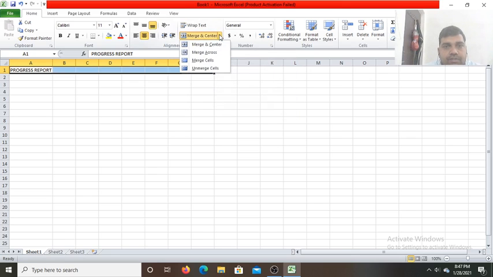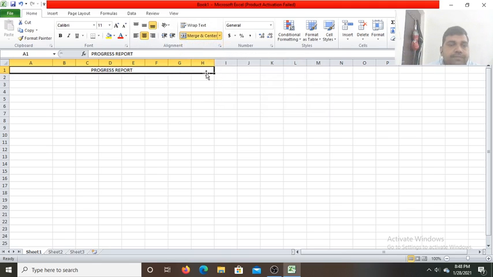Click on this. Now we merge it, merge and center. See, this is the merge and center. If I click on merge across, see what will happen. Merge across, merge cells, these are the options, and unmerge again will unmerge it, as you can see here.